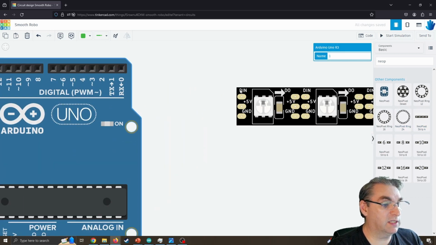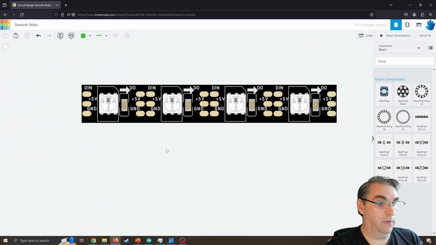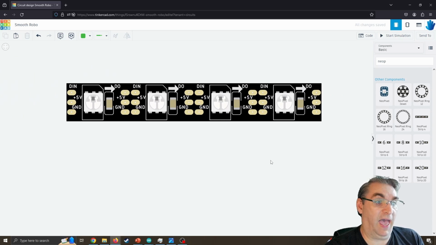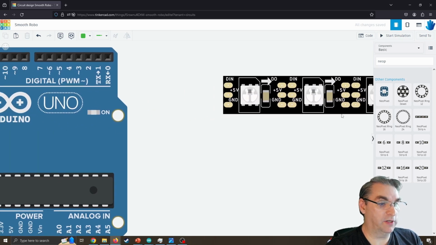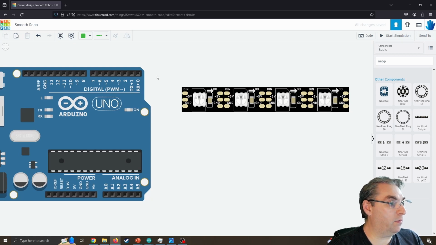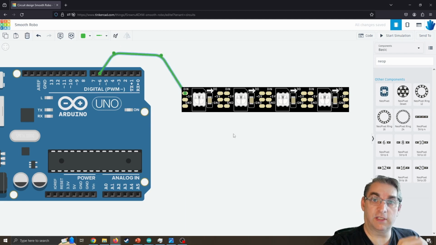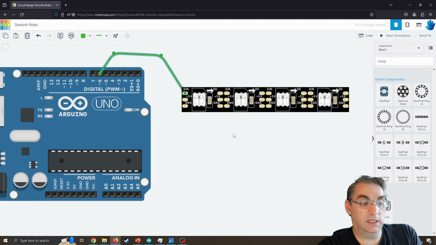If we zoom in, we can see we've got a DIN. DIN just means data input, and DO, data output. We'll not worry about data output just yet. So I'll zoom back out a little bit. Because I know on my breadboard from the other day I've already got these pins connected, I'm just going to use pin 6. It doesn't really matter on the Arduino, so I'm going to connect pin 6 to our DIN, and that's all I really need. That's going to send data from the Arduino into these Neopixels, so it can turn them